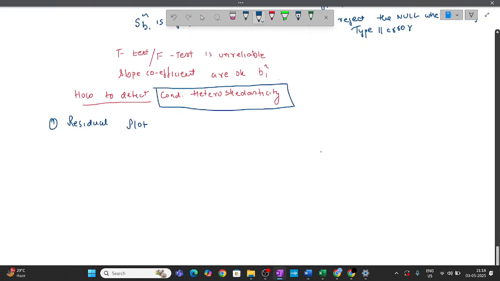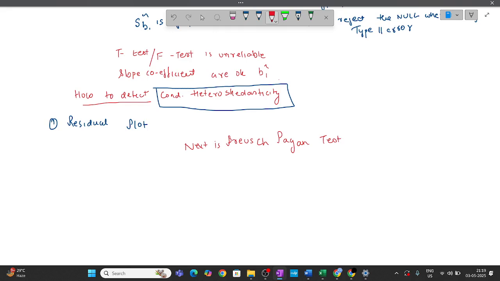दूसरा है ब्रूश पगान टेस्ट, ये तुमको समझना पड़ेगा। स्पेलिंग देख लेना ब्रूश पगान का, ठीक है कि नहीं। बीपी टेस्ट बोलते हैं। तो ये ब्रूश पगान टेस्ट क्या है, प्लीज अंडरस्टैंड दिस। तो सपोज करो तुम्हारा ये है मॉडल y equals beta naught plus beta 1 x1 plus error term, सिर्फ सिंपल लीनियर रिग्रेशन मॉडल, ठीक है।